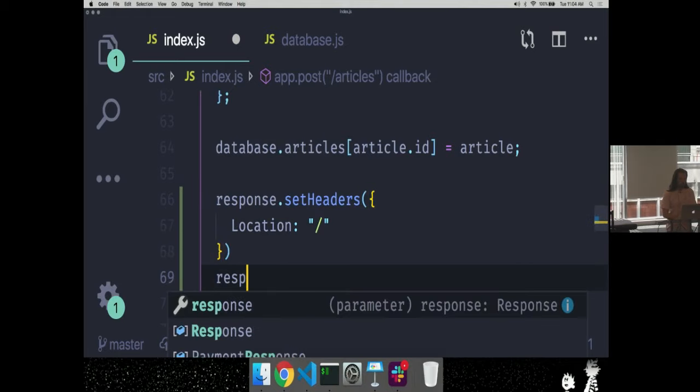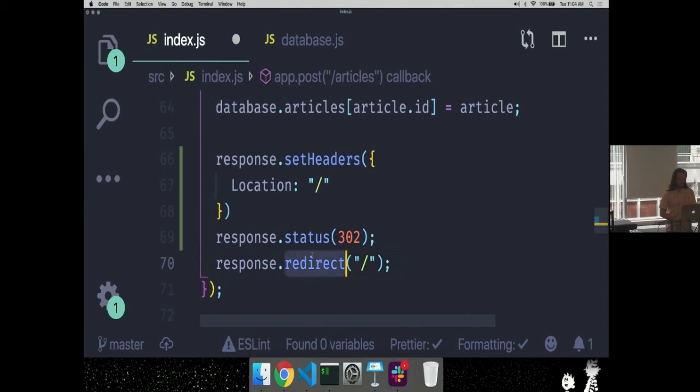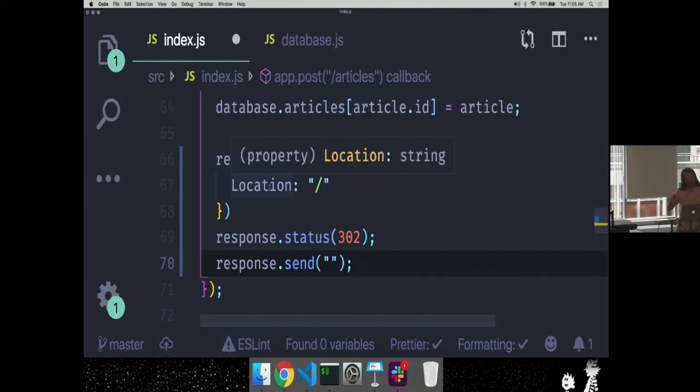Then I also want to say response.status 302. And then I send nothing, maybe, in the body of the document. So if I create a response on the server that adds a location to the header and sends a status code of 302, then what have I done?